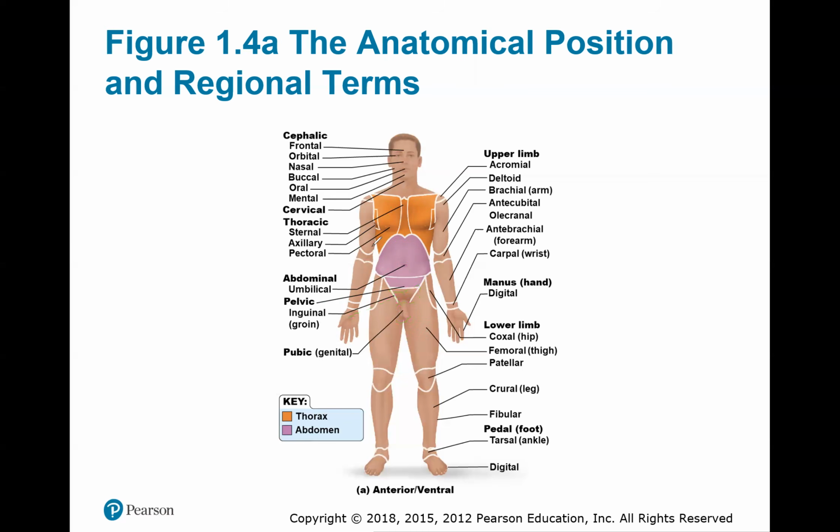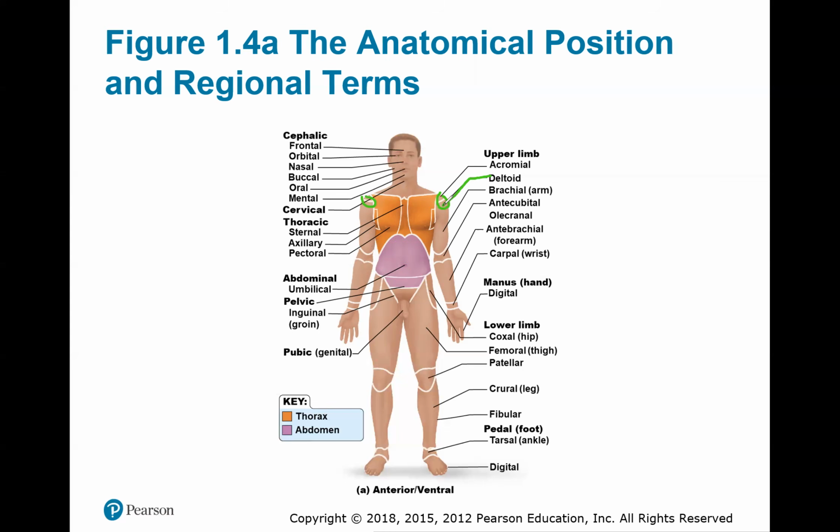Now, looking from the extremity idea, if we think about the upper limb, if you think about the shoulder, and if you start to feel around on your shoulders, you'll feel a little point. That point is called the acromion. So this is called the acromial area. Next, we will hit the deltoid region, which is thinking about that upper arm motion area. And actually, we have a muscle here called